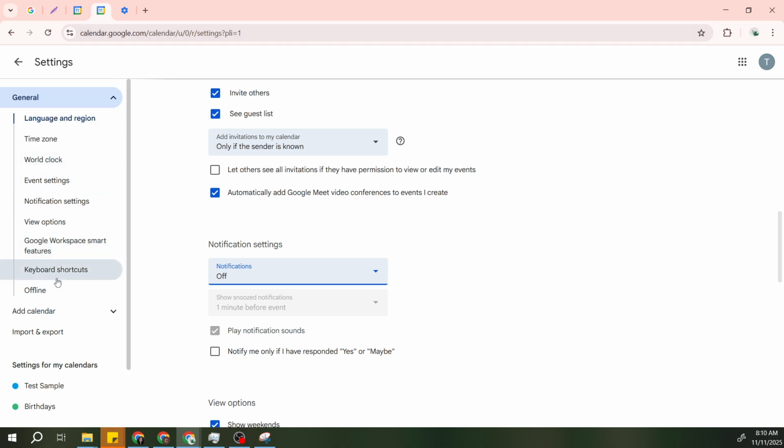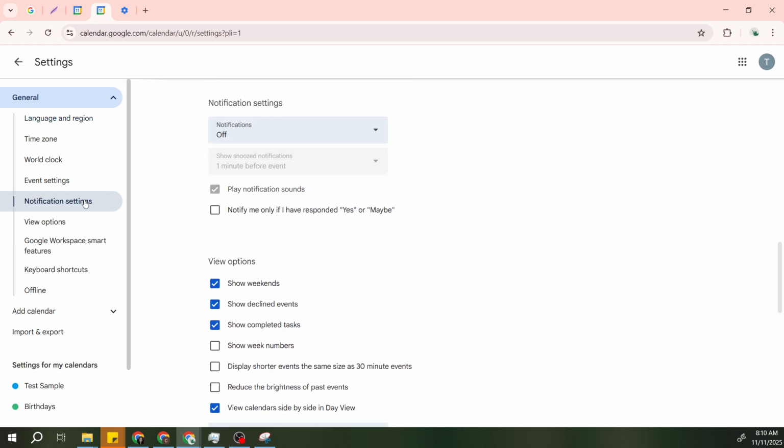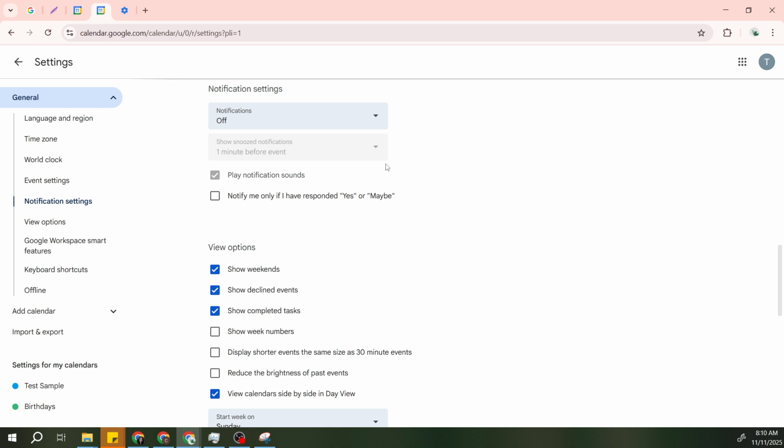On the left-hand side, you'll find a series of options. Scroll down and select Notification Settings. This is where we can choose how we want Google Calendar to notify us about upcoming events. Under Notifications, there's a drop-down menu. Click on it and select Desktop Notifications. This will enable notifications to pop up right on your desktop screen, keeping you informed without having to constantly check